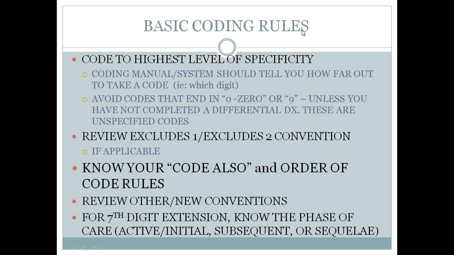You'll also need to know your code also and code an order of code rules. In some cases, when you look up an ICD code, it's going to say code also origin of manifestation. And so at that point, you're being told that you need 2 diagnosis codes to adequately describe